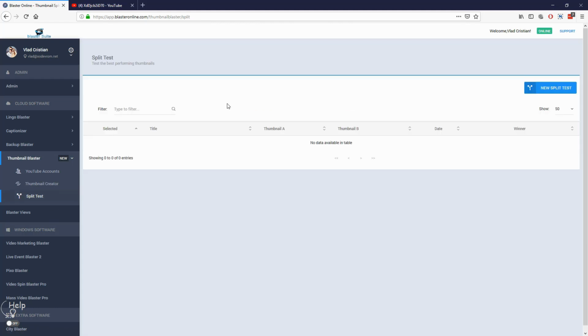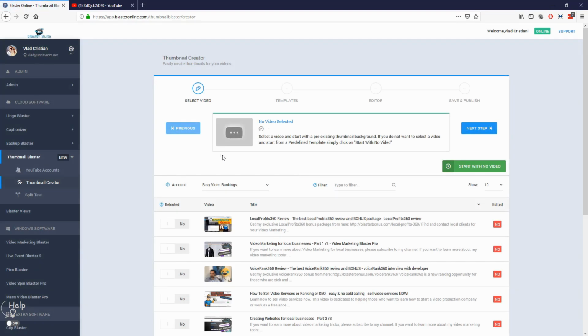The split test is a powerful tool from Thumbnail Blaster. Let's see how it works. So I'm going to click Split Test. Now, what this will do is test different thumbnails, see what the best performing thumbnail is, and select it for your video. Now, before I create a new split test, I'm going to create really fast 2 thumbnails, save them